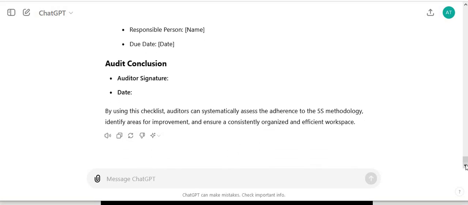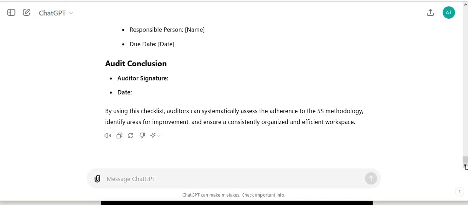So this is, you see, very good, and it is actually quite impressive. Recognizing or identifying the necessary and unnecessary items, creating lists, creating SOPs, creating guidelines, audit checklist. These are the things that take a lot of time. But as you see, with ChatGPT, all of this becomes very easy and very efficient. However,